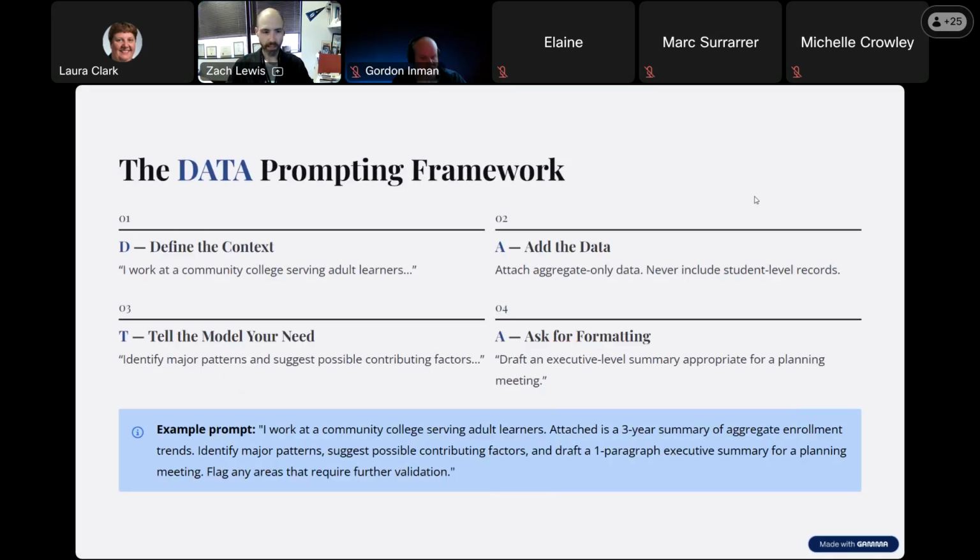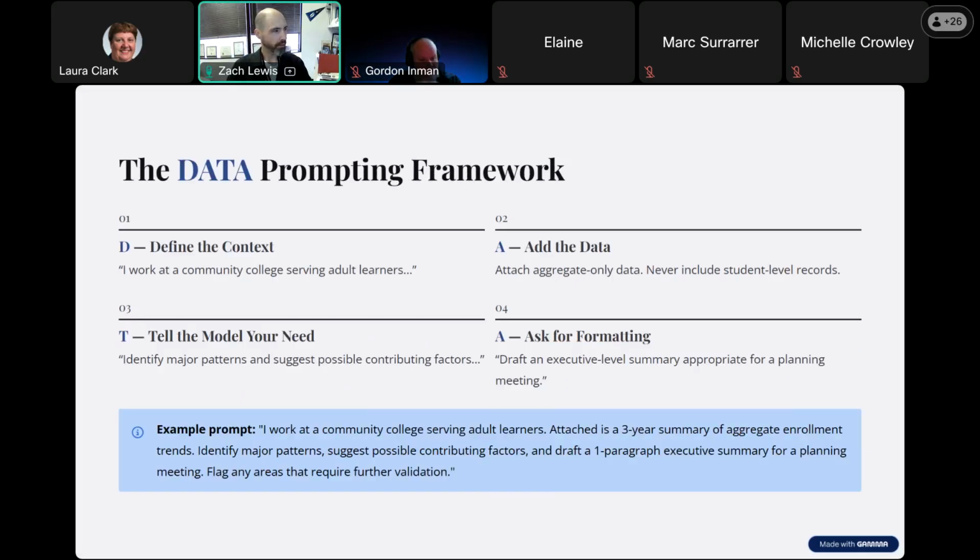And so to that end, we've come up with a bit of a framework, very much influenced and helped along the way with the use of AI, to create a mnemonic device for you all to be able to remember some of the guidelines and best practices with respect to prompting, especially as it relates to trying to create really strong, robust evidence using the data that you have available to you.